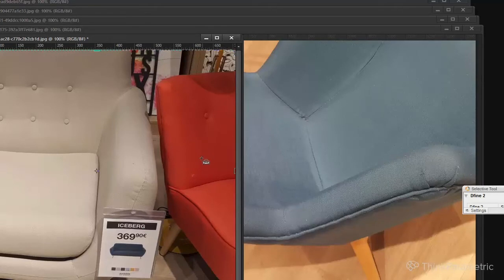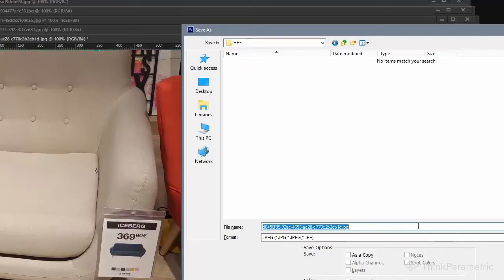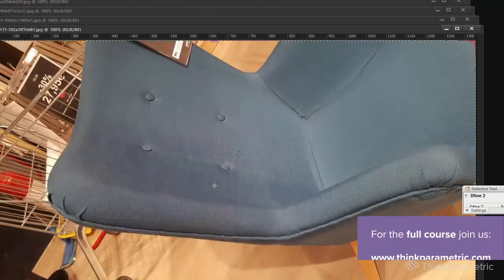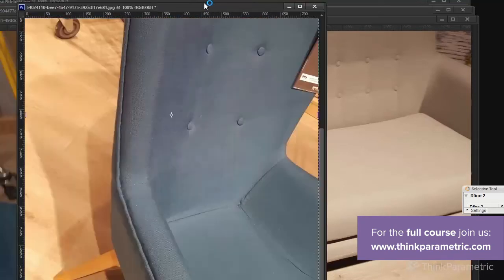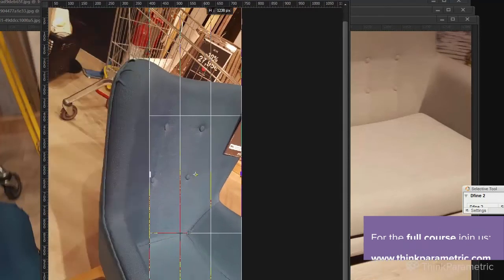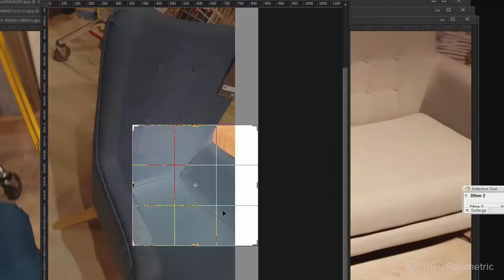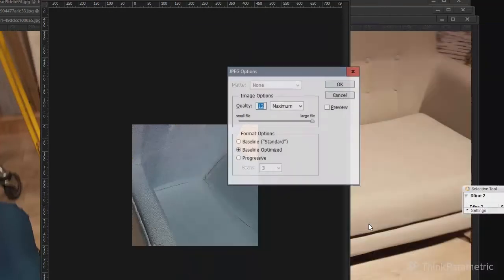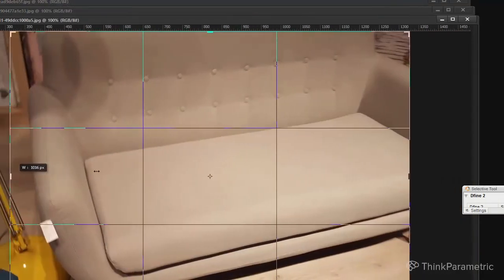So yeah, this one, I'm going to include these files as well. This one as well. We only need this part. This one we're only saving this.